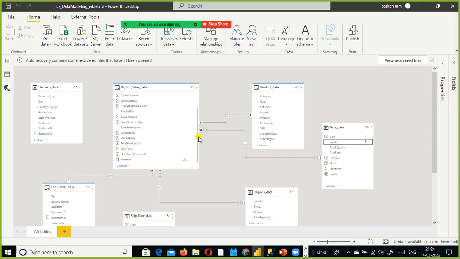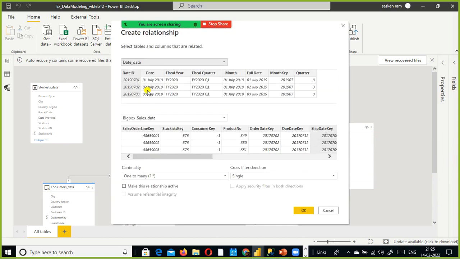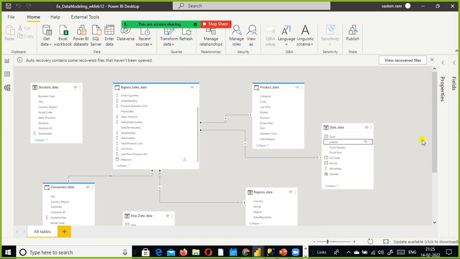I don't need it. We could see an inactive relationship between these two tables now for these columns, right? Ship date key. But the inactive relationship will not filter this table.